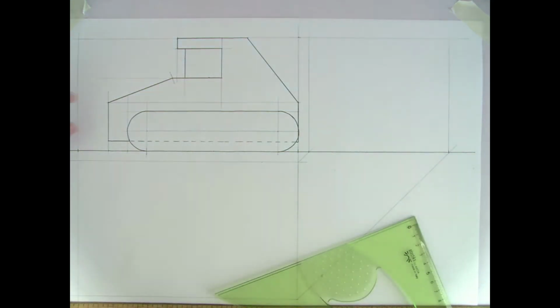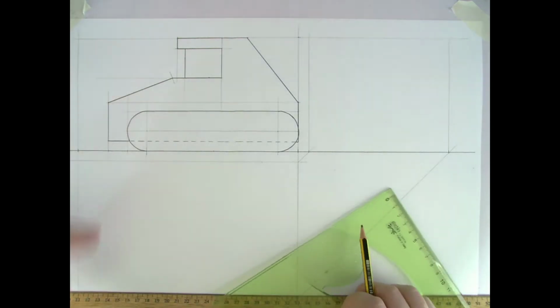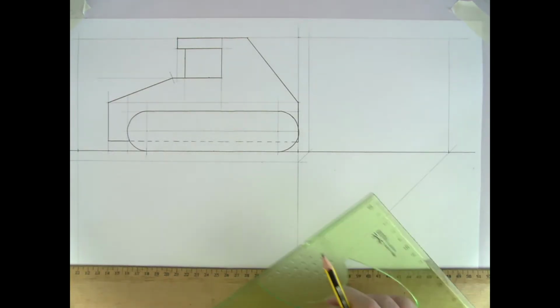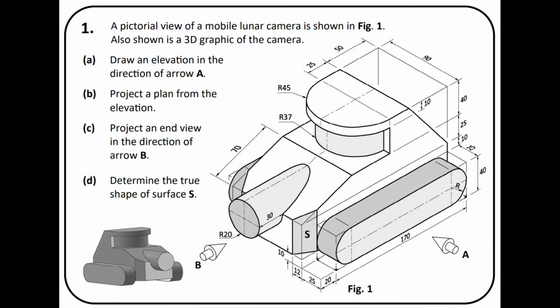The next part of this now is the bit of the cylinder sticking out here at the front. We're told it's a radius 20, and we're also given its starting height, or how high up it is off the ground. If you look at the dimension line, looking at the front of the cylinder, the radius 20, if you look at the center point of that circle, follow the line out to the right hand side, you see the distance of 30. That's at the same height as